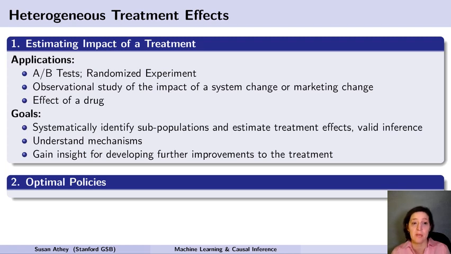treatment effect estimation. We also want to understand mechanisms. We want to understand why. If we know that we have problems for a certain group, say young women are having more side effects of a certain drug, that can help us develop hypotheses about why they're having those side effects, and that might help us reformulate the drug. And that would help us develop new and improved treatments.